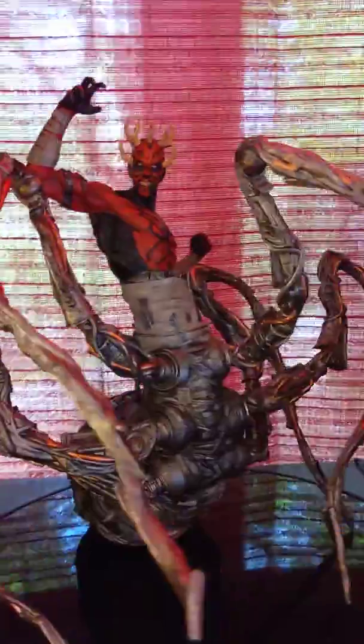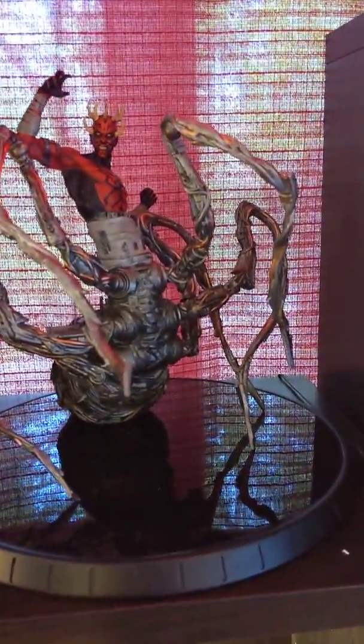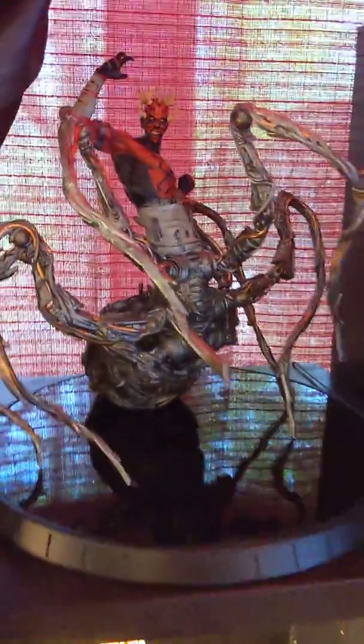Here's, I think this is a 1/8 scale, because I think a 1/6 scale or a quarter scale of this piece would just be unbelievably large. But this is the Spider